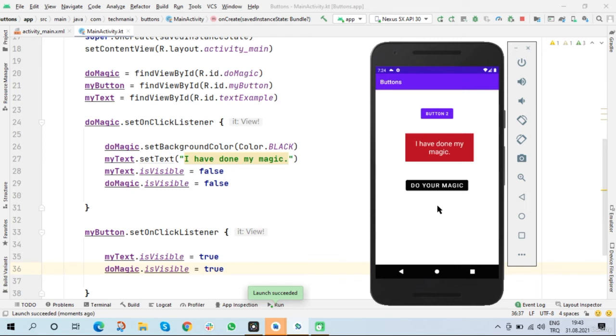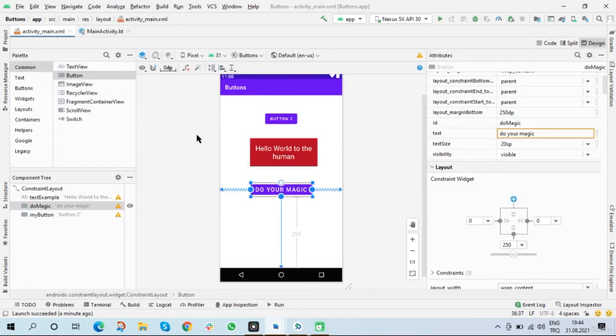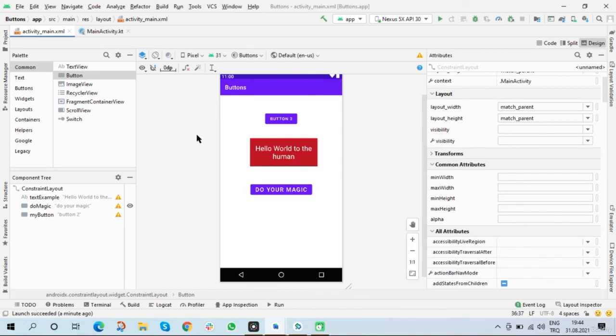We can do many more things here, but I do want to move on to another topic that includes buttons, because the design of the buttons is almost as important as its code. All right. So because of this, you really do need to learn the different types of button designs. Let's say, for example, you would want to shape a button into an oval, or maybe circular, or make it rectangle. So when we want to change the button design, we do need to create a new XML file under